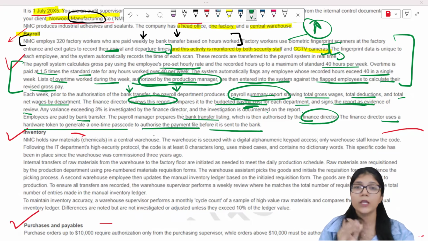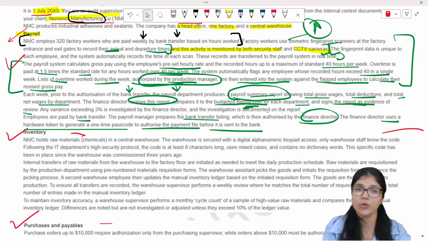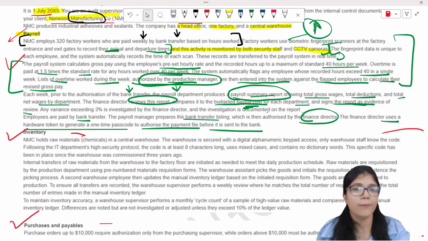And he is also providing the code, the one-time password, the OTP over here, right? So that will make sure that there is no risk of any unauthorized payments being made, that your payments are correct, there's no unnecessary outflow of cash, and your employees are getting paid correctly, right? You people also right now, for all the things that you do, you generally have OTPs, right? That is one step authentication that you do so that everything is fine and you authorize that. That is exactly what he's also doing. So that will ensure that you're making correct, authorized payments, and it is not over and above or below what you should be paying to your employees.